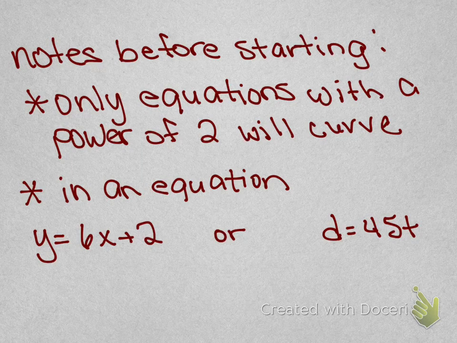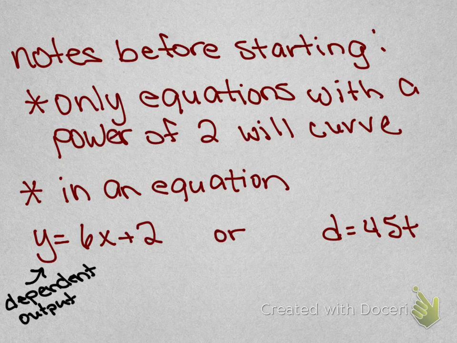Then another note: in an equation, so we're going to look at different ones, we've got to identify the independent and dependent. Your y is always going to be your dependent, because y depends on x. So y is always your dependent, which is your output. Okay, and then x is always your independent,